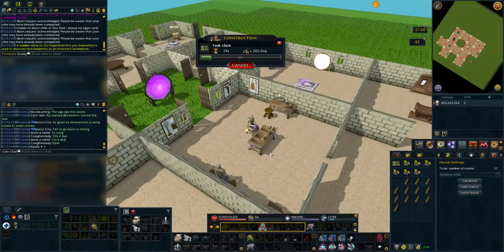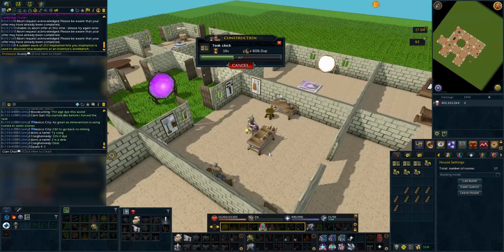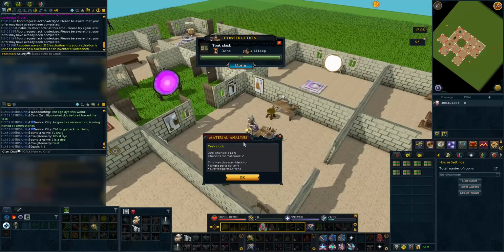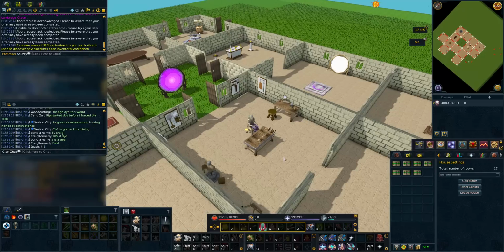Another thing I guess I could test is these teak clocks, gilded clocks, and oak clocks. Now, I bought a gilded clock from the GE for around 100k, I think, and it didn't give any clockwork components, which I think is really stupid because it's a clock. You know what I mean? Jagex should really put more thought into it. The same thing goes for this, look at this. Junk chance 31%, chances for materials 2. You only get simple and crafted parts. You don't even get clockwork components. I think they need to add